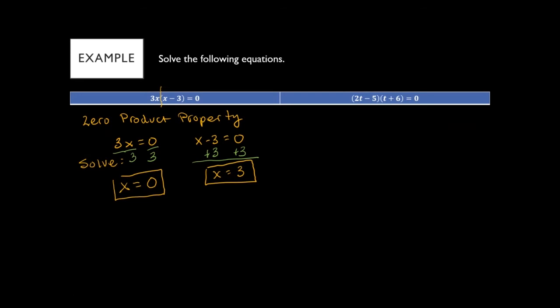So when you have something that's already factored, you just set each of those factors equal to 0, which is the zero product property, and then you solve those two equations you created, and those are your solutions. And you can check your work by plugging them into the original equation. And you will see that you'll end up getting 0 times something equals 0, or something times 0 equals 0, but it will work out. So if we were to check these,